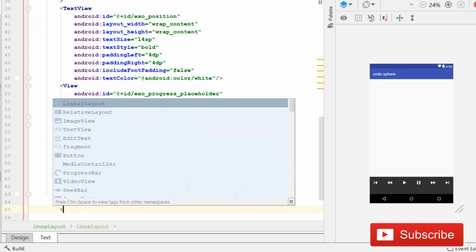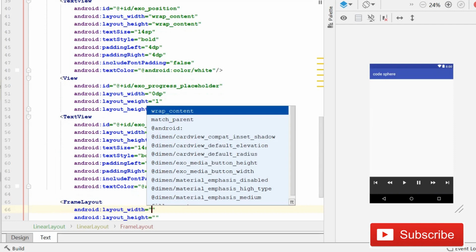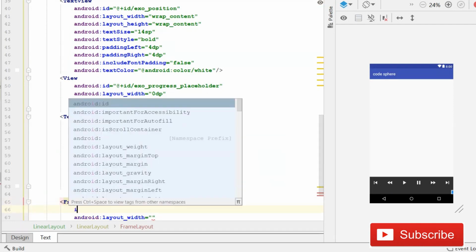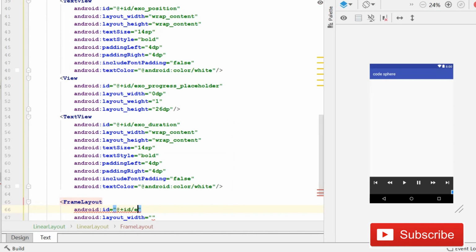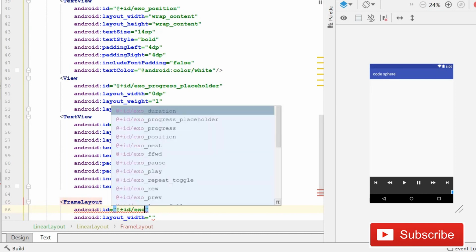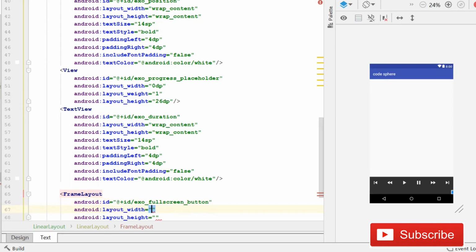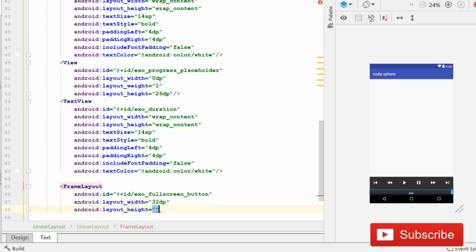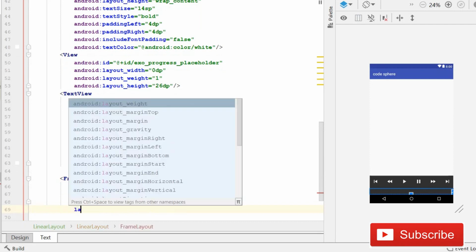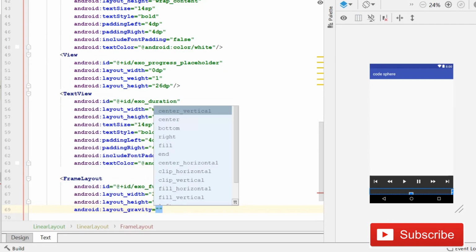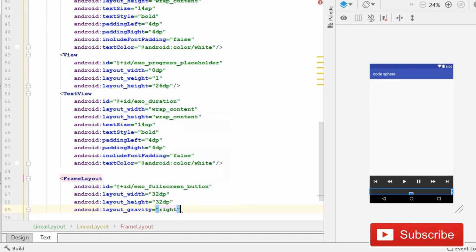for our toggle button. So simply write frame layout and then again we will give id and the id will be exo full screen button. So simply write exo underscore full screen underscore button and then simply after this give it width and its width will be 32 dp. Simply write 32 dp and then again 32 dp and then layout gravity and it will be right. So simply write right and then guys, after this here what we need to do is